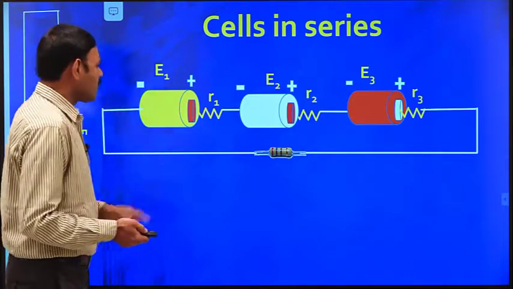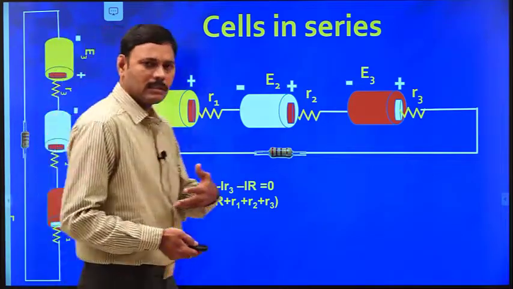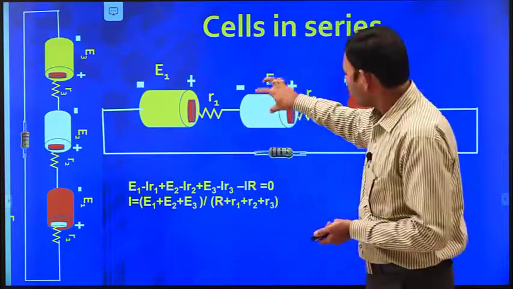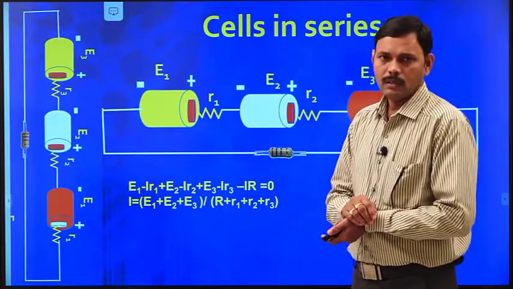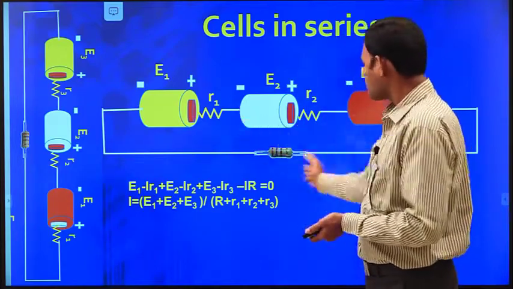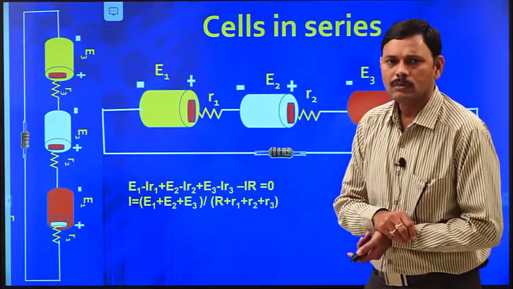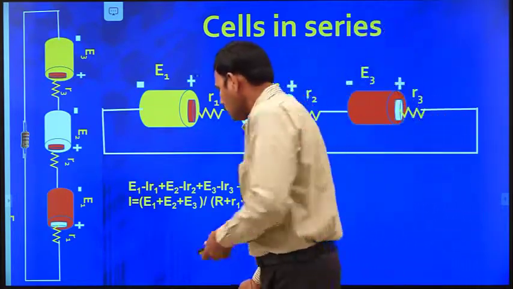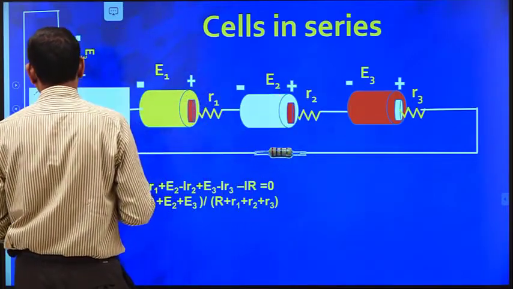Now, let us move on to the further discussion. Here, the very important point that I am explaining now, we have to know what is the effective EMF of this combination of cells. That is the essential thing here. What is the effective EMF of the combination of cells? And with that effective EMF, how much current is passing through the resistor due to the combination of cells. To evaluate that value, we have to consider some basic laws in current electricity. One such basic law in current electricity is Kirchhoff's voltage rule and Kirchhoff's current rule.